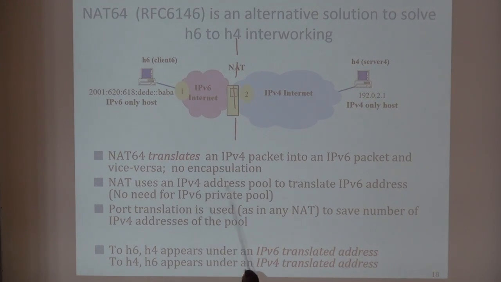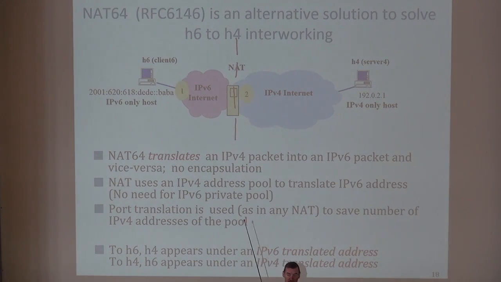So we are in a situation like this. I have a machine that is on the IPv6 internet, and another one which is on the IPv4. Let's assume it's a client-server interaction, and the server is on IPv4, the client is on IPv6 here. Now, we would like the client to be able to go natively to the server without having to go via an application layer proxy. Well, the idea is very similar to the problem I have at home, where I replace the IPv6 internet by my private network at home.